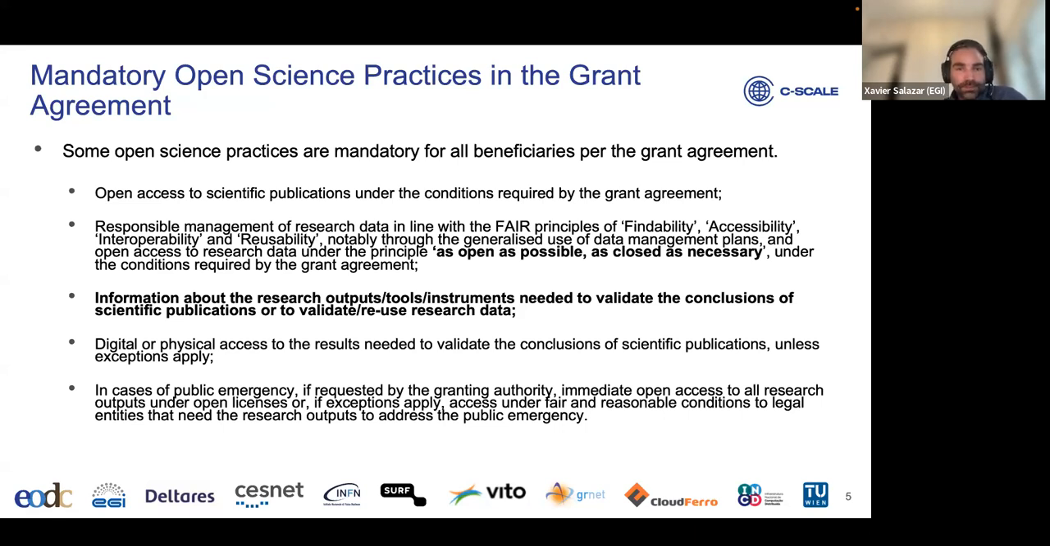Data needs to be managed following the FAIR principles, which means that they need to be findable, accessible, interoperable, and reusable. And this needs to be covered and demonstrated within a data management plan. Okay, and again,